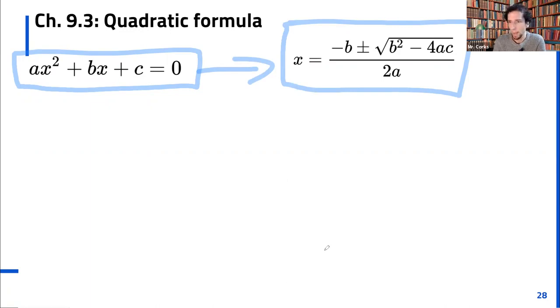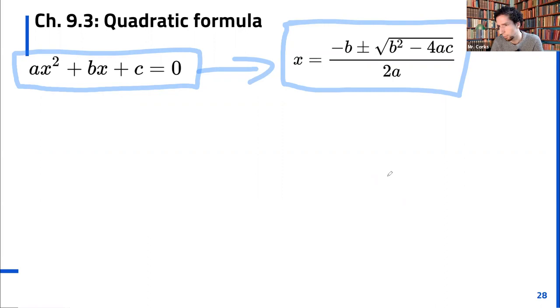In your math classes, negative b plus minus the square root of b squared minus 4ac over